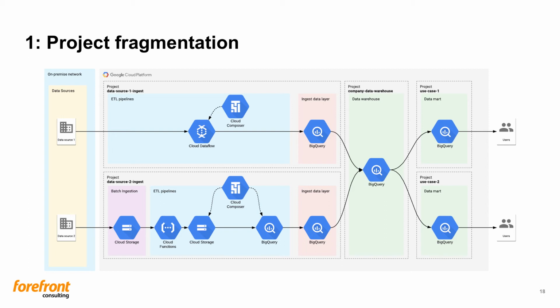It can also help in maintaining a clear overall structure. Using project fragmentation, users and user groups can be involved in only those projects they need to be involved in. For example, one user can be a project owner in use case 1, while having read-only permissions in the company data warehouse project. It is also useful when debugging. If something goes wrong, you can get a handle of it faster if you can limit the number of possible sources of the error.